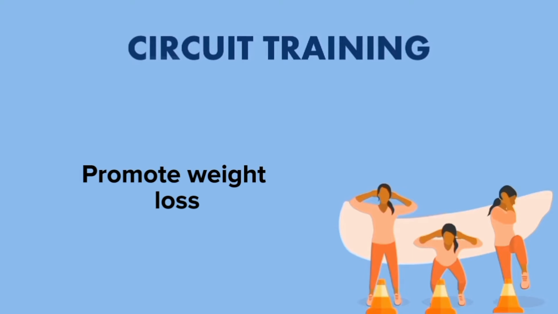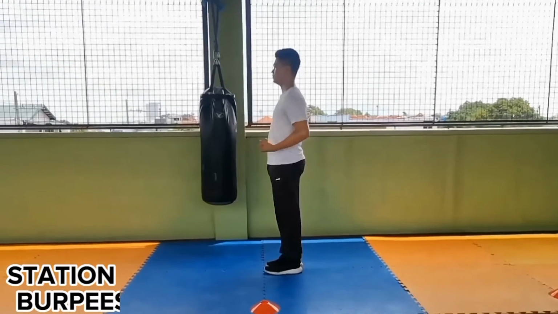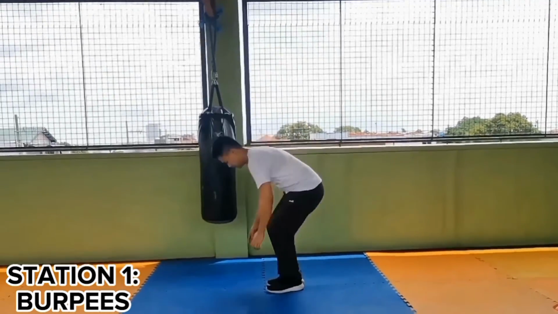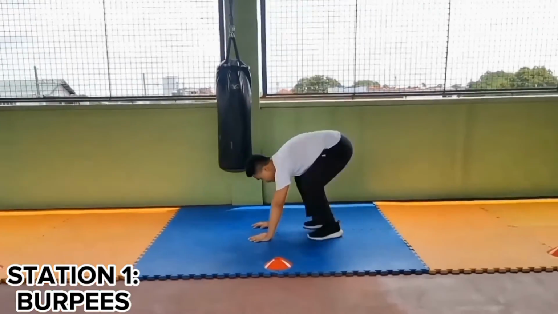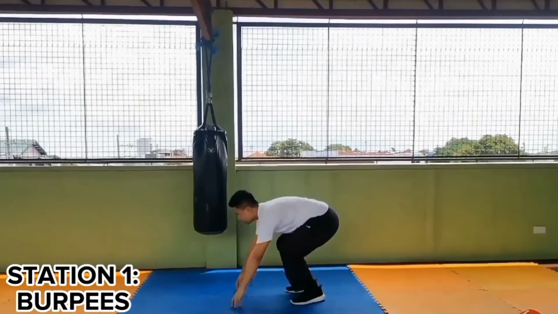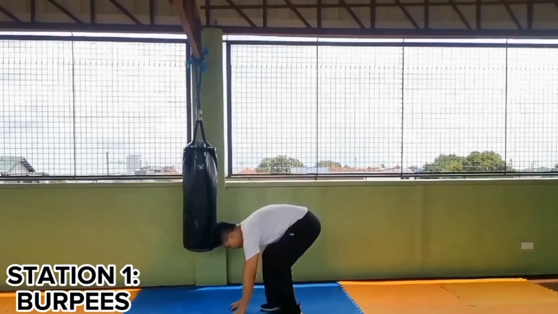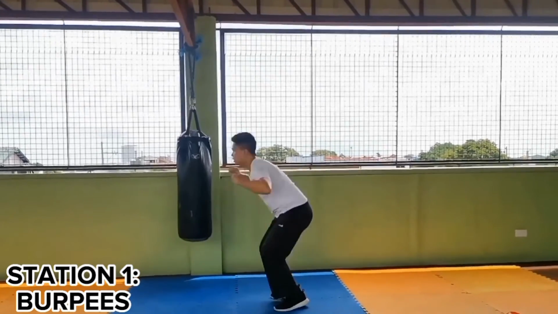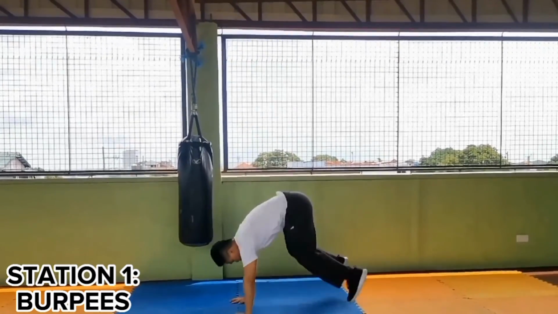To give you an example, the first station is burpees. To do this, the first step is to get into a position where your knees are bent, your back is straight, and your feet are roughly shoulder width apart. Next, bring your hands down to the floor in front of you, just within your feet. With your weight on your hands,